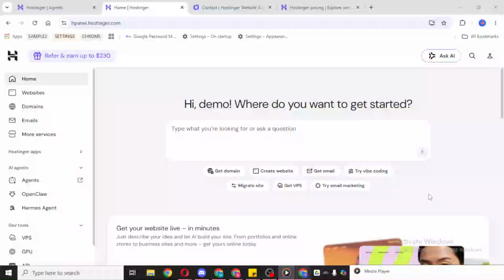In today's video, I'm going to teach you how to get an authorization code on Hostinger. If you need to transfer your domain to another provider, one of the most important things you'll need is the authorization code, sometimes also called the EPP code. This code works like a security key for your domain, and it helps confirm that you're the rightful owner before the transfer can happen. The good news is that Hostinger makes this process fairly simple once you know where to look.